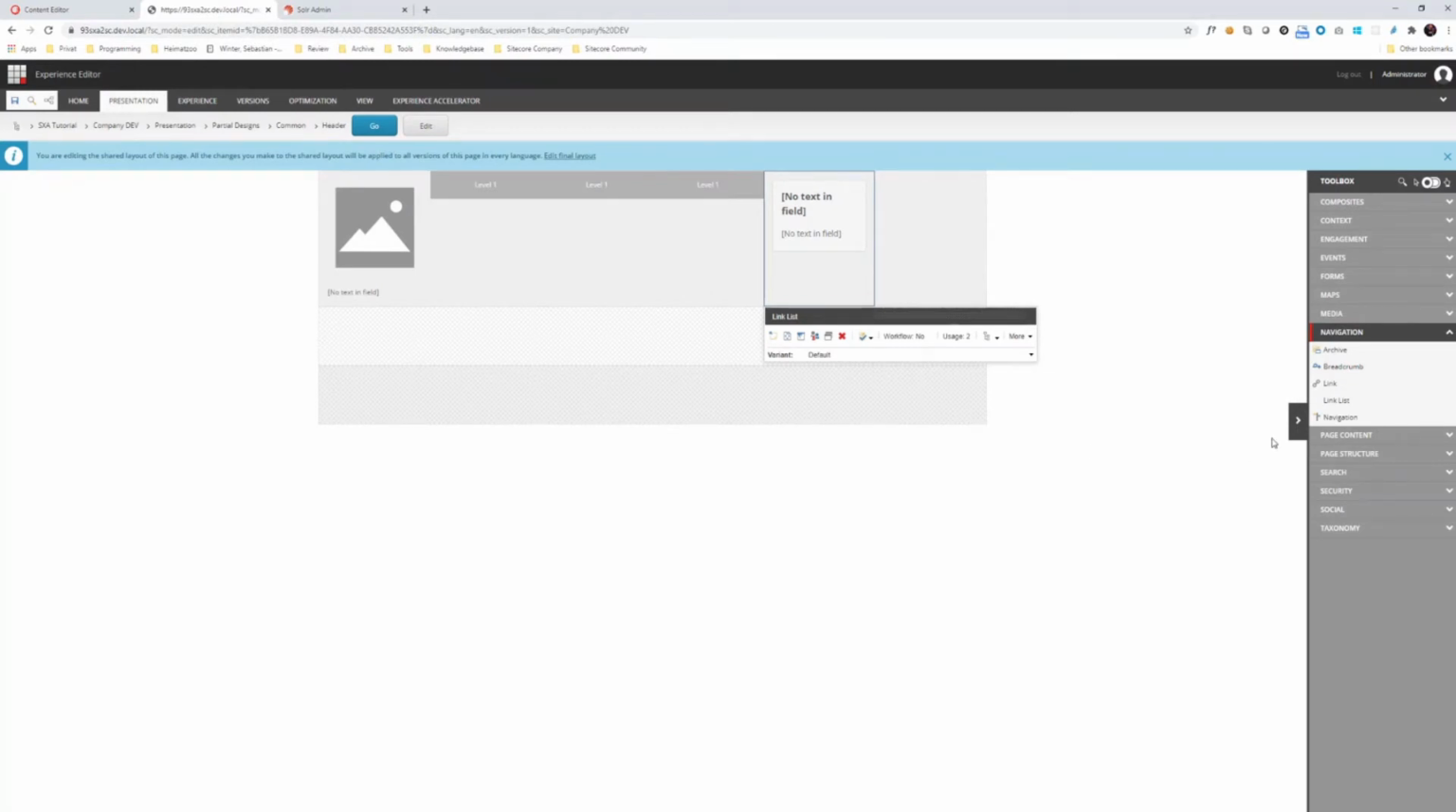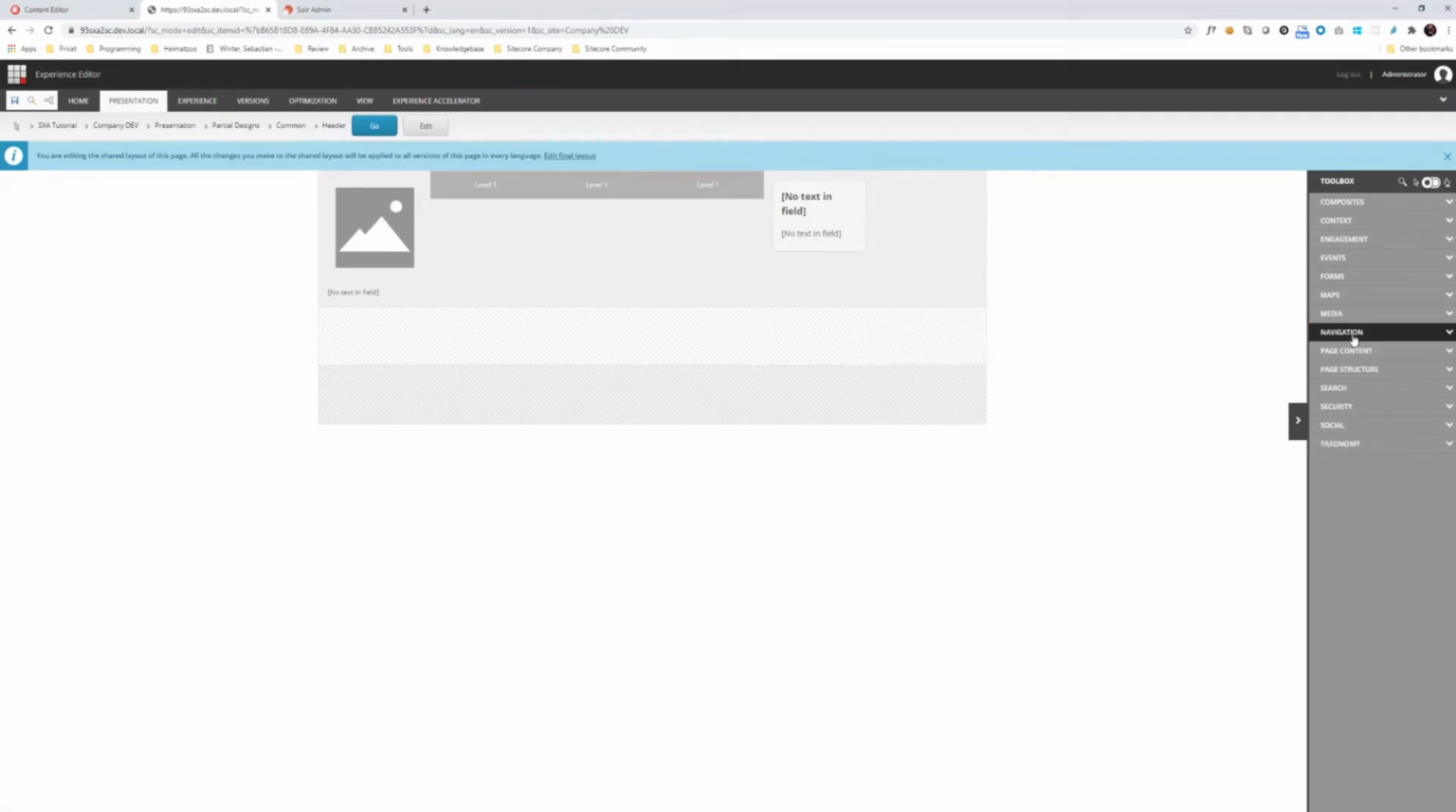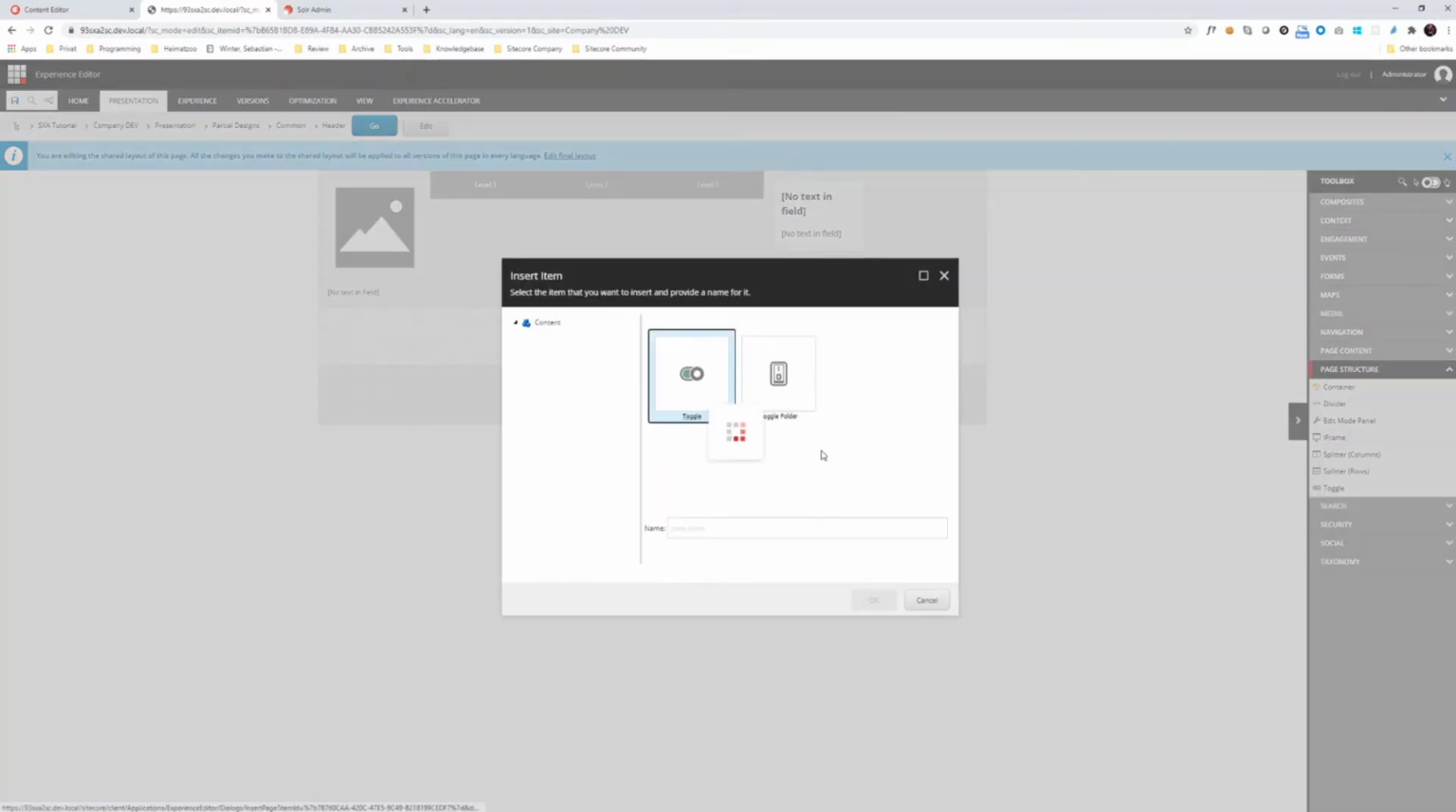And I think we could already add for the mobile purposes the toggle. Where do I find this one? So in page structure, we find a toggle component. The toggle is just that on click, it shows another placeholder, so we can put in the navigation later on. So let's place it here. Last position,